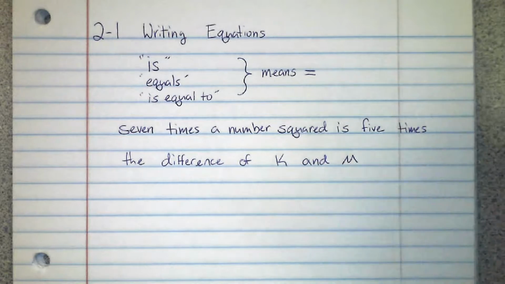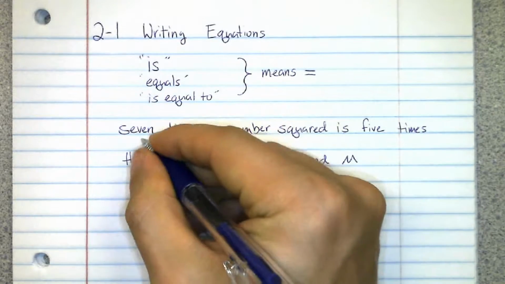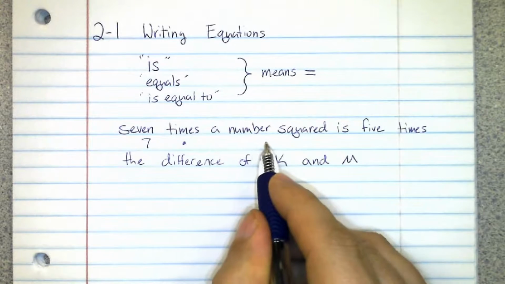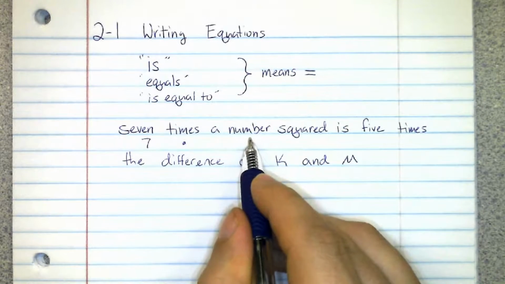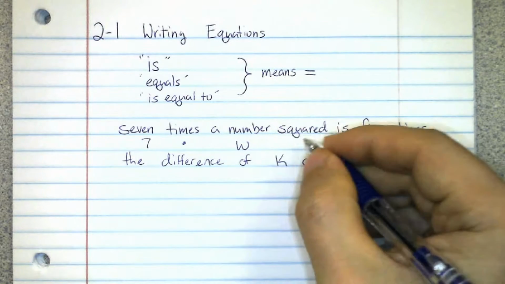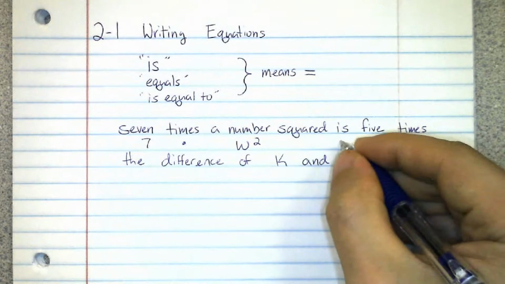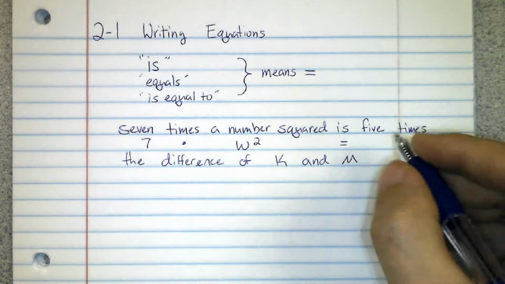Okay, so with this one, let's go ahead and read this. 7 times, well, that's multiplication, and this is the number 7. So 7 times a number squared. If they don't specify the variable, you can use any variable you want to. So I'll use w, and we know it's squared. So 7 times the number squared is, that's an equal sign, 5 times,